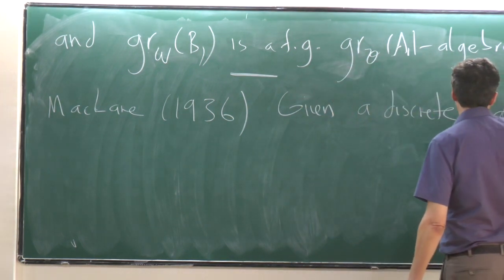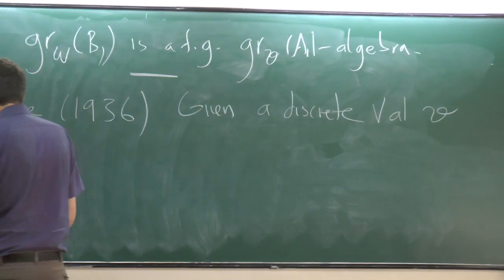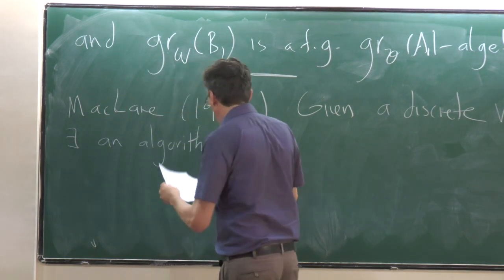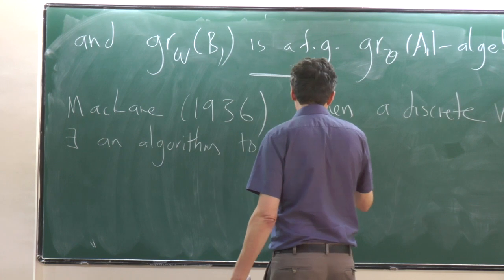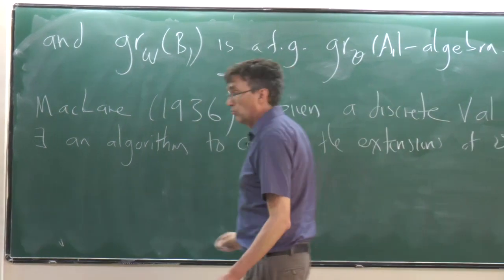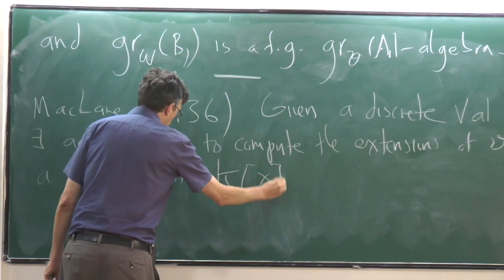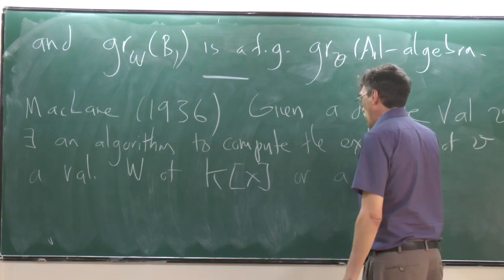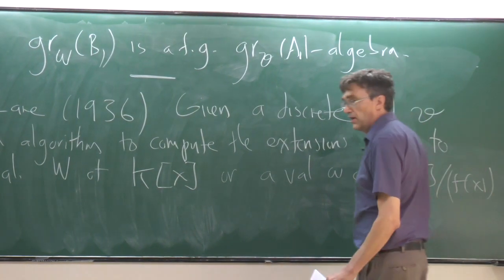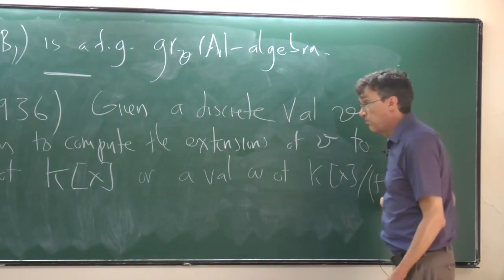There's a series of nice papers he has, which says that if you have a discrete valuation nu, discrete in his case meaning the group is the integers, then there exists an algorithm, which I will call MacLane's algorithm, to compute the extensions of nu to a valuation, which is necessarily discrete, W of the polynomial ring K adjoin X, or a valuation omega of a finite extension K of X of F of X, where he has a very beautiful algorithm to do this. And in this case, where you mod out by some unitary polynomial,